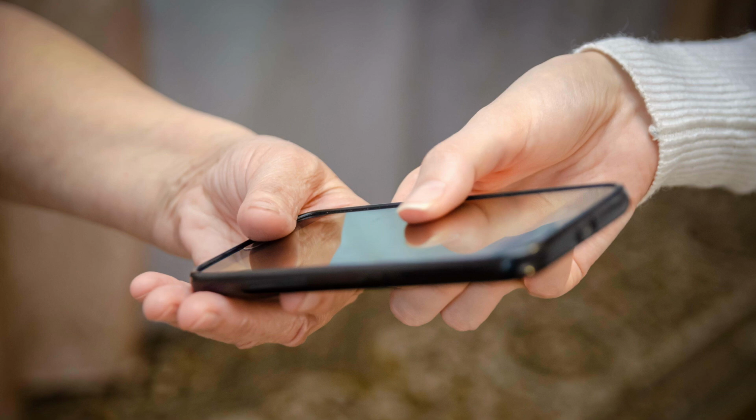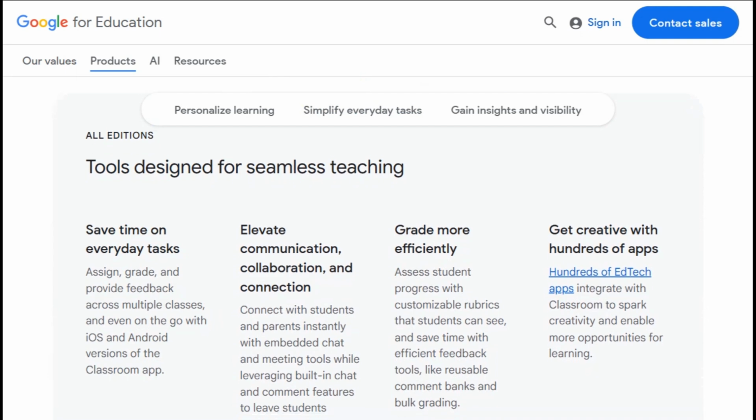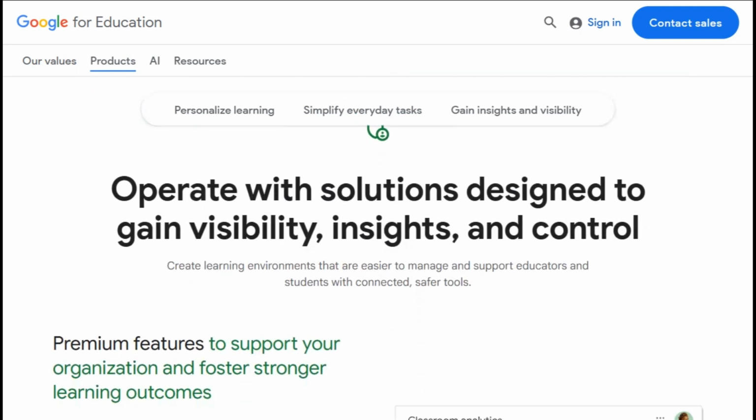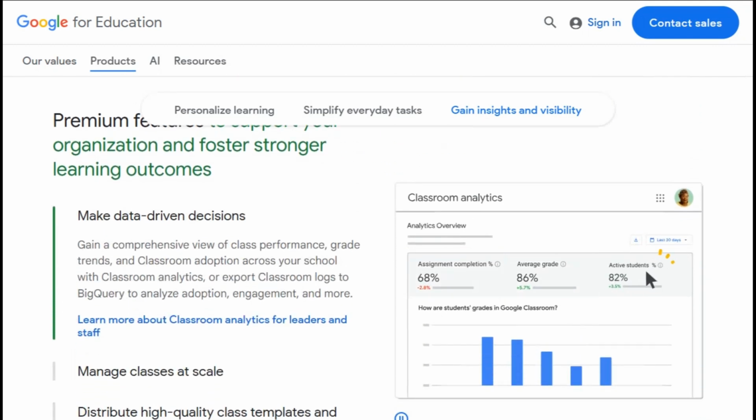Creating a new class? Drag and drop, or just fill out a quick form. Inviting students is as easy as sharing a code or email. No complicated setup needed. When it comes to managing coursework, Google Classroom's seamless integration with Google Drive, Docs, and YouTube